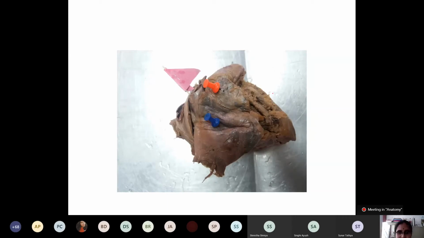Now here you can see, this is the right atrium, this blue one. Identify the blue part of the viscera, right atrium. This red pinned viscera, this is the right auricle. And this flagged opening, this is the opening of the superior vena cava. This is the sulcus terminalis. What is this, my dear student? Sulcus terminalis. This is the inferior vena cava opening. Yes, and this is very important. This is an exam specimen. This is how we may ask if there is an online practical examination for you, first MBBS.